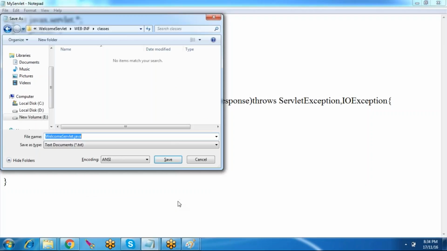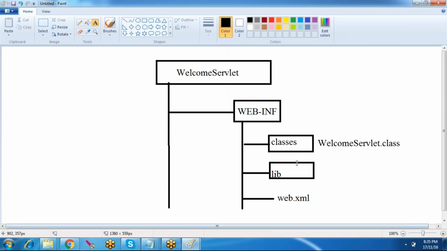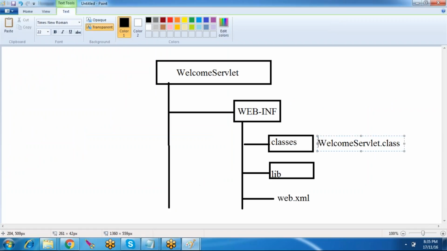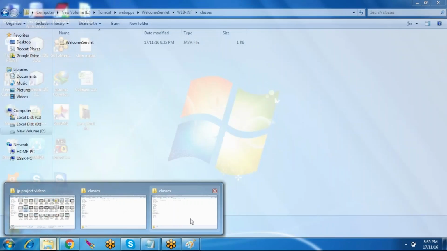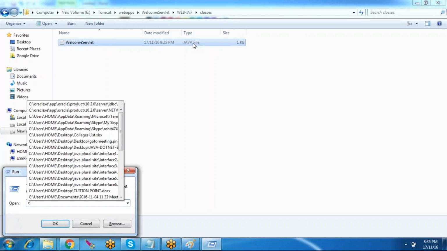And I have to do the same thing here also. So here I save it in classes, and I'm saving welcome servlet.java. Why? Because you need to generate the welcome servlet.class file, but I have saved only the .java file, right? So it's a .java file which is getting generated. Now I have to convert this .java to a .class file. So how to compile: cmd,